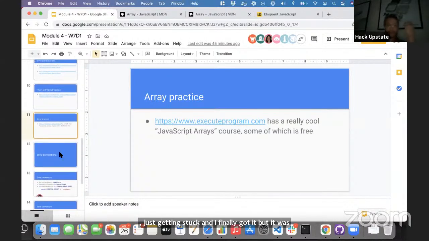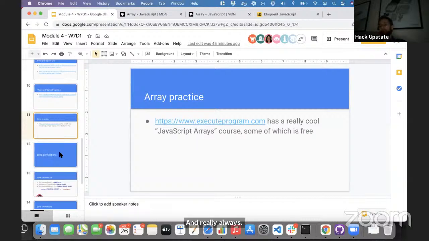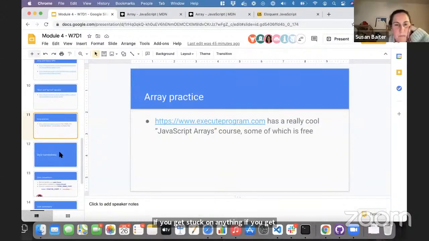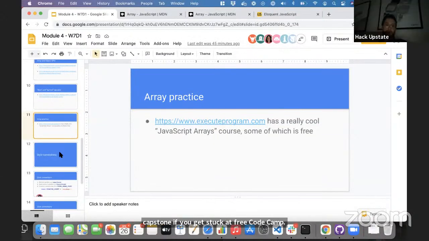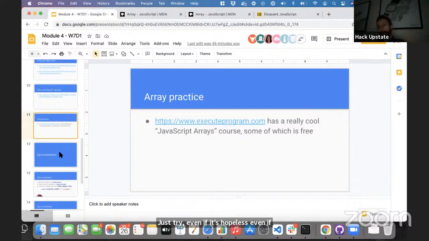Oh yeah. Well, I think the general rule for something like this, and really always, and this is what I tell colleagues, is a really good guideline. If you get stuck on anything, on your capstone, on Free Code Camp, with some of the homework, try to get unstuck for at least 15 minutes before asking for help. Just try, even if it's hopeless, even if you have no idea what you're doing, try whatever you can do for 15 minutes, or sit there and stare at it for 15 minutes. And then